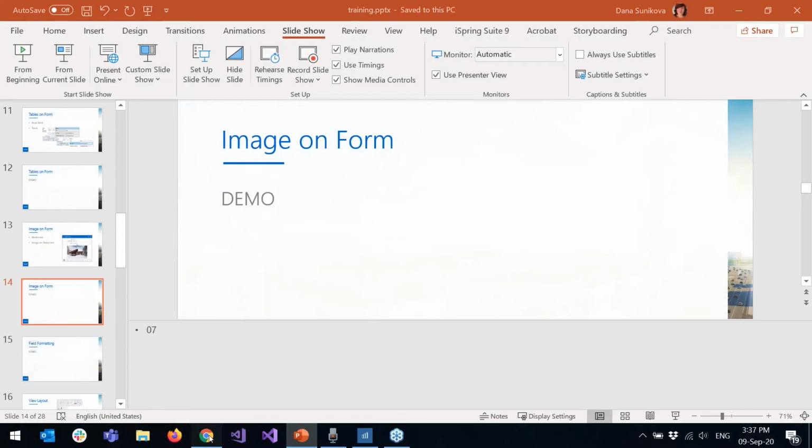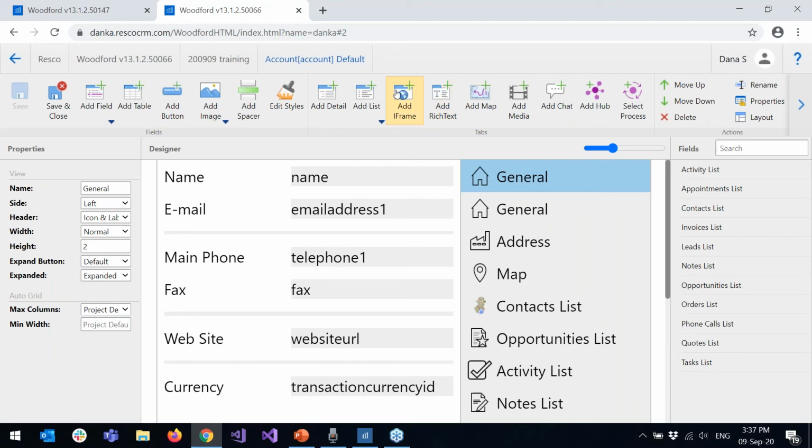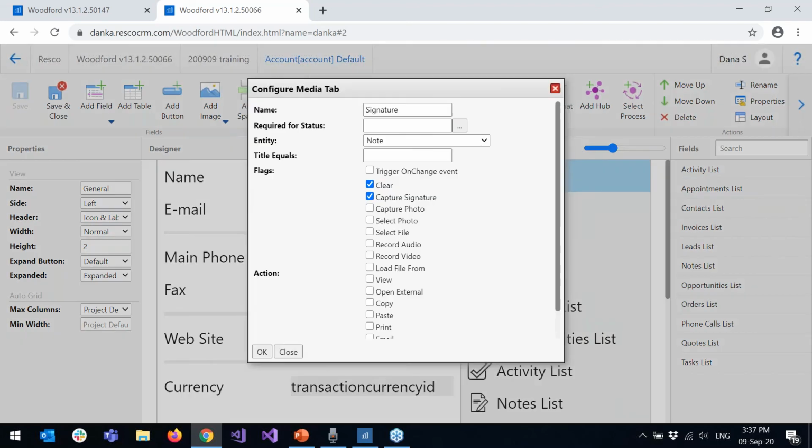Let's go to Woodford again. And let's go to this form, and let's add a new media tab. I'll click here on add media. I want to name it image. It's the name of the tab which will be shown there. I want to set title to form image because this title is important